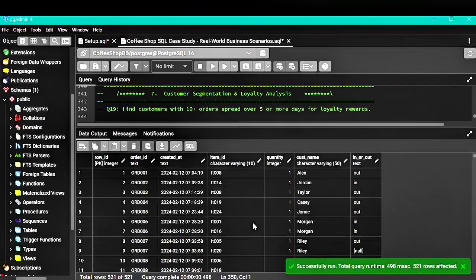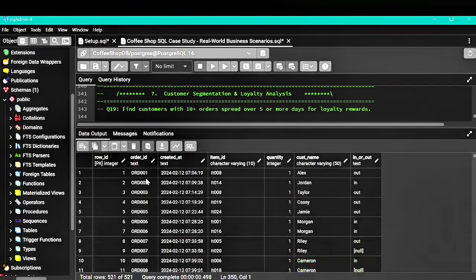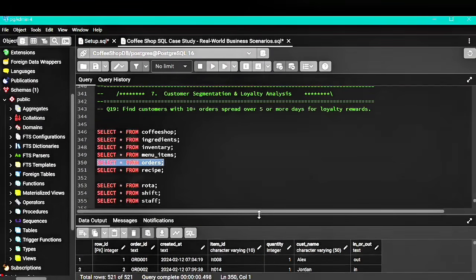From this table, we will use order ID or count of order ID, and created date column. Also, customer name to identify which customers have 10 plus orders spread over 5 or more days. So first we will start with a select statement to select the columns. So select